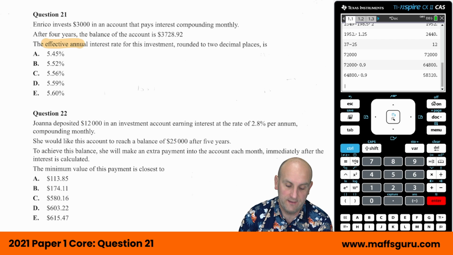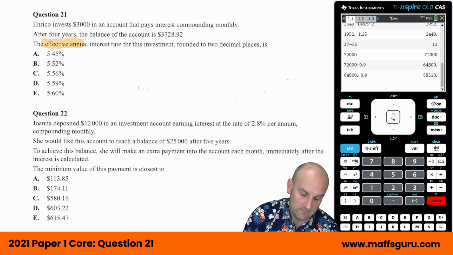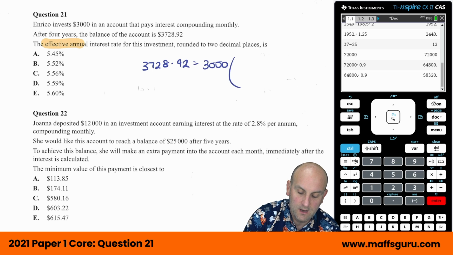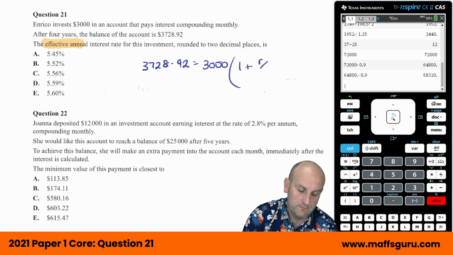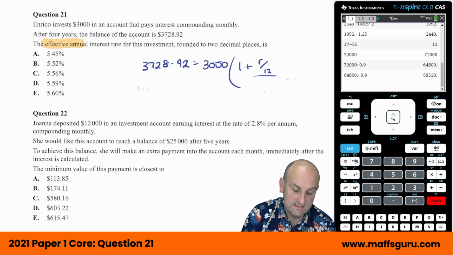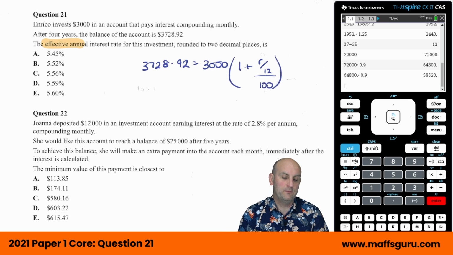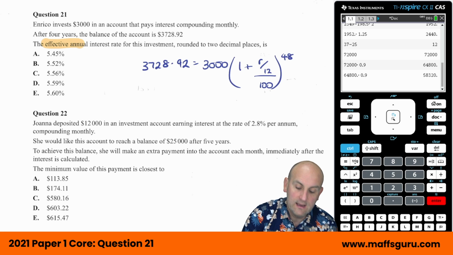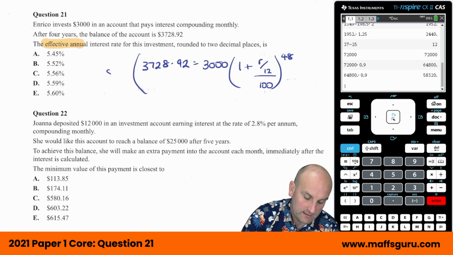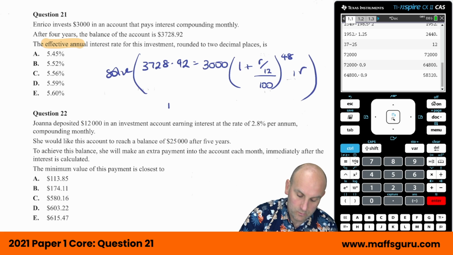Right, I tended to use the compound interest formula here. And I said that my final amount was 3,728.92, which is equal to my initial amount of 3,000 multiplied by 1 plus my rate over the number of compounding periods, which is 12, divided by 100, to the power of the number of payments. Because I've got 4 years, 4 times 12 gives me 48. And I quite literally put that in my calculator with a solve, comma R. And what came out was the R was